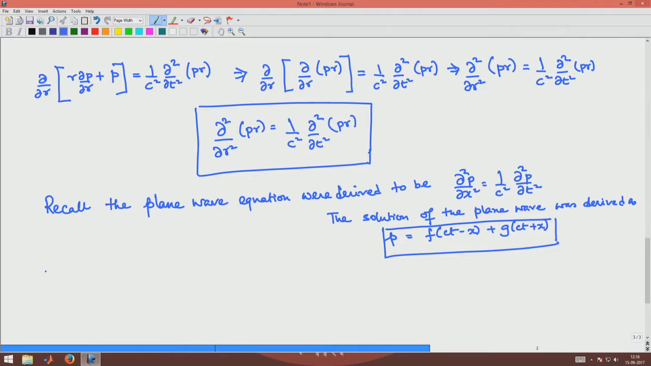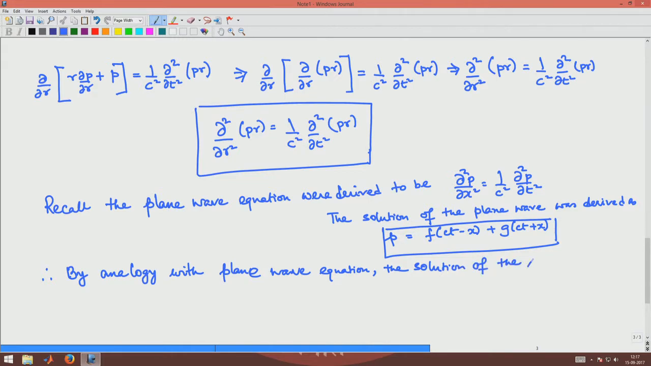So, therefore, by analogy with the plane wave equation, we should be able to construct the solution for the spherical waves without any trouble. So, that is what we are going to do. By analogy with the plane wave equation, the solution of the spherical wave equation is therefore given as